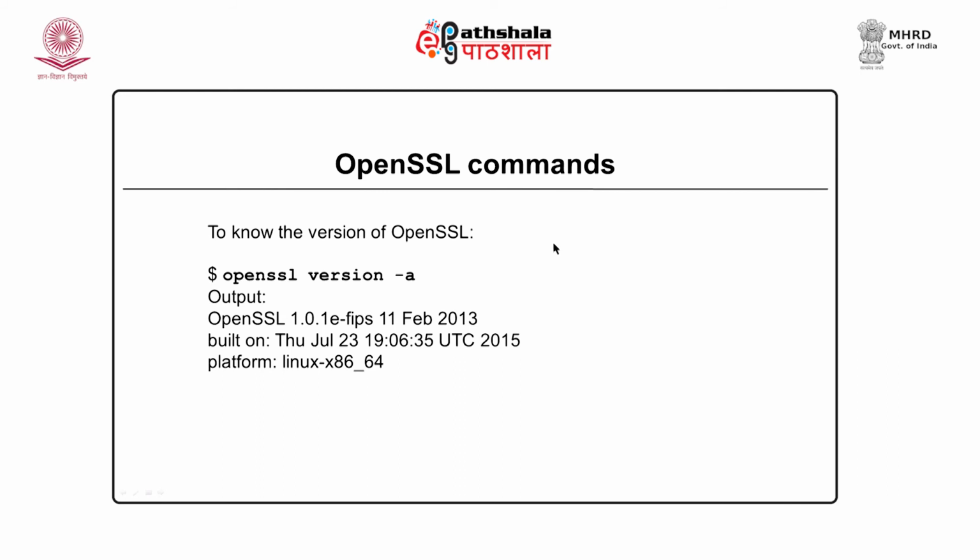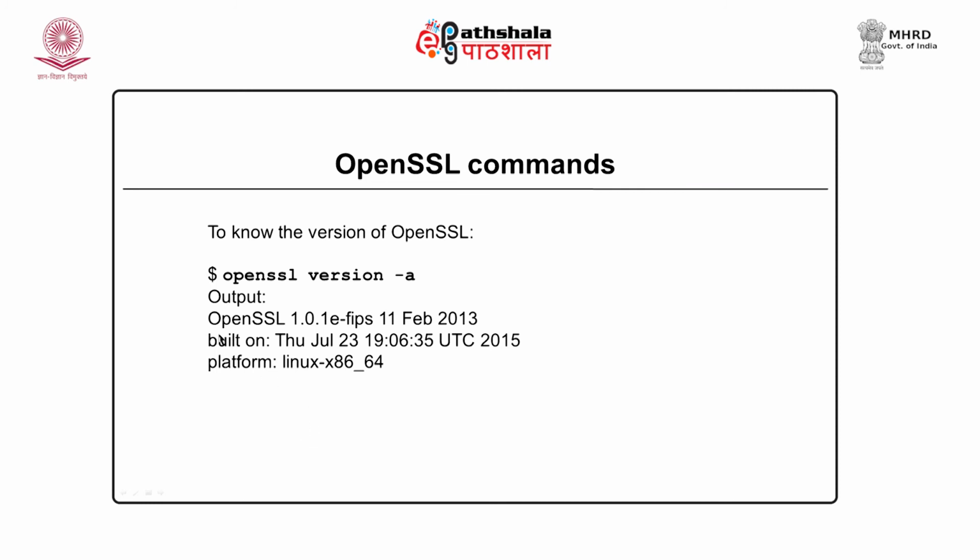First command is, we must know the version of OpenSSL. So, the command is openssl version -a. It will list details about the OpenSSL utility. Again, the screen is quite large. I have reduced the output to 3 lines. The rest of the lines were not much significant, so I have removed them in this screen.